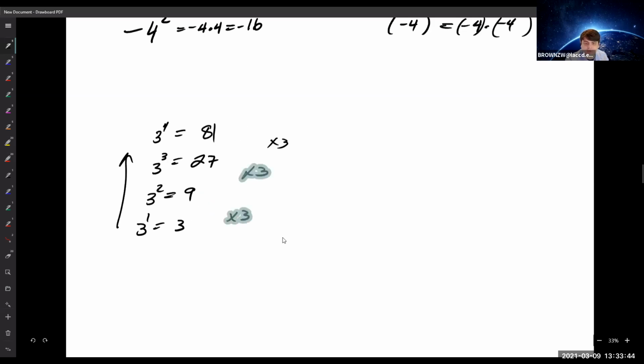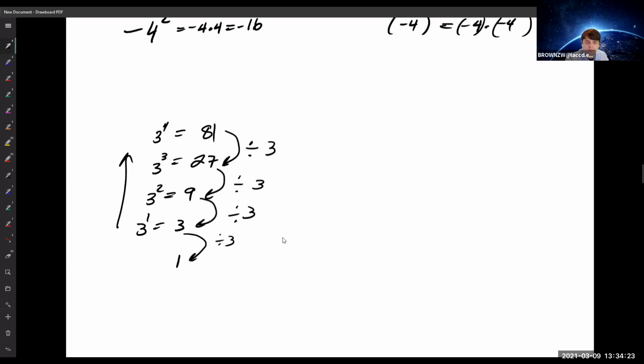So if we go in the reverse direction, if we start going down, we could say, well, as I move down, we're losing a factor of 3. So I'm dividing by 3. 81 divided by 3 is 27. As we move down a row, 27 divided by 3 is 9, divided by 3 is 3. So if I go down one more level, this would be 3 divided by 3, which would just leave me with